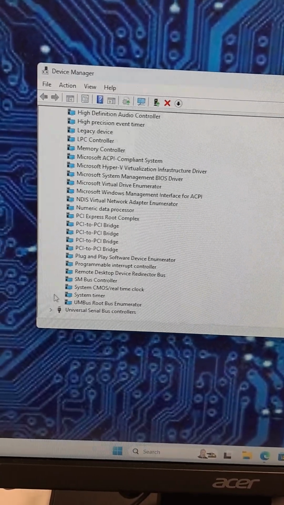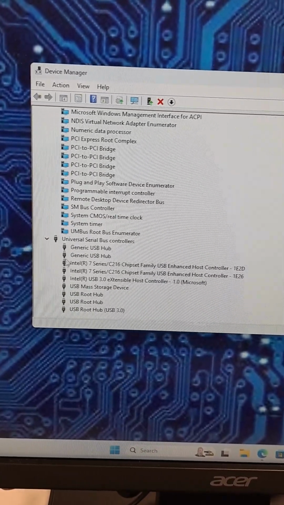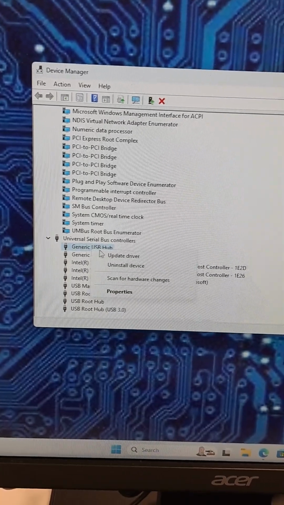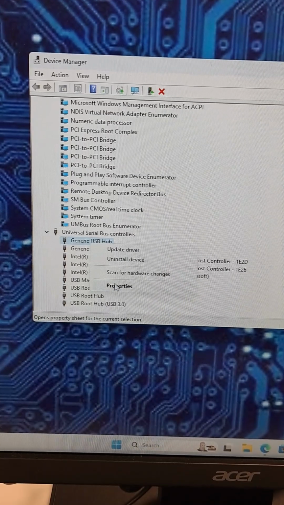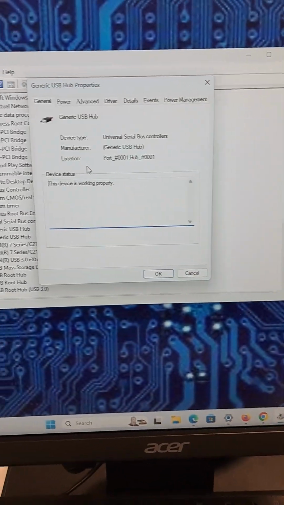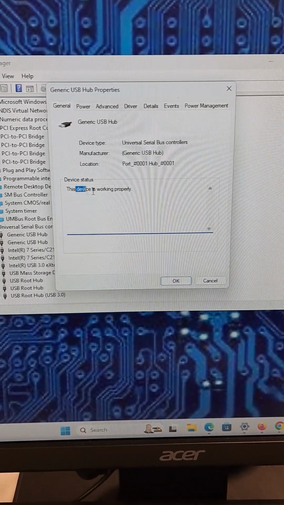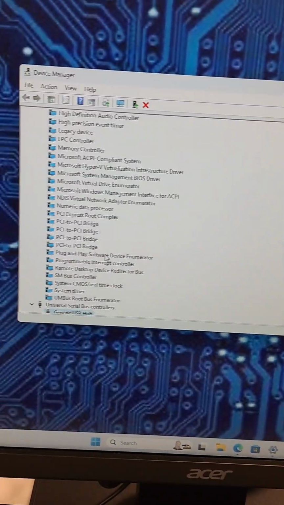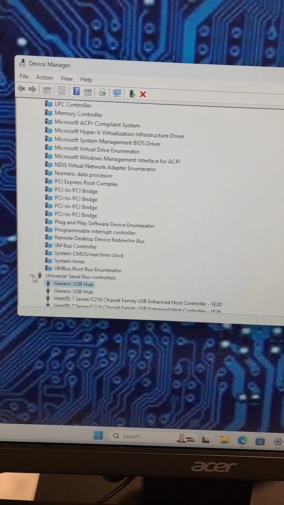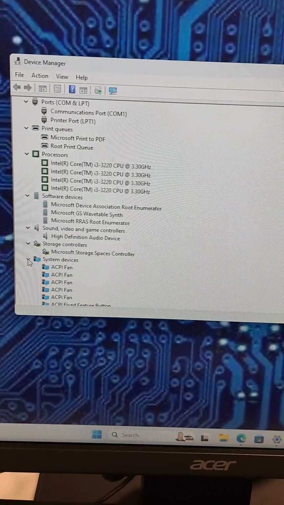it, and the universal. And if you right click on it, you can actually uninstall and update the drivers if you like, or see the properties of them if you like. And as you can see, it says right here that this device is working properly. There's sometimes that the drivers, sometimes it's something messed up